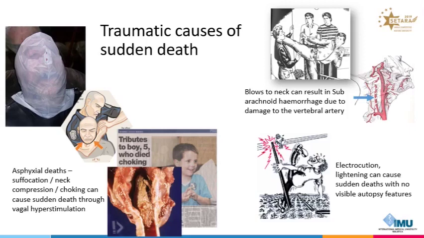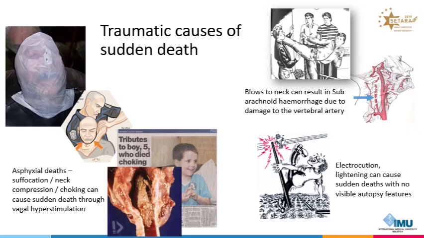That's called choking. Then you have certain actions done by other people which can compress your neck, and by compressing the neck, sudden deaths can occur mainly because of hyperstimulation of the nerves on the sides of the neck, which are called the vagus nerve. These vagus nerves are very important because they are one of the main controllers of the heartbeat and also the respiratory system. So if there is an overstimulation of the vagus nerve, that can lead to a sudden stoppage of your heartbeat.